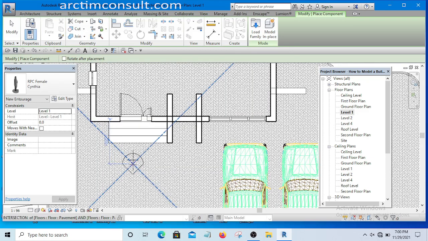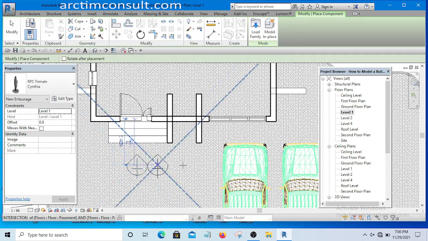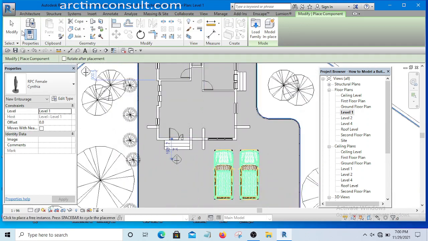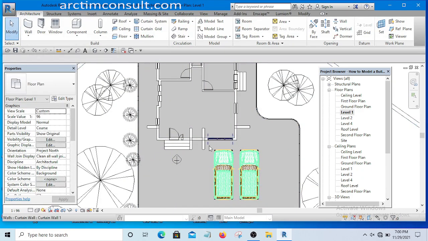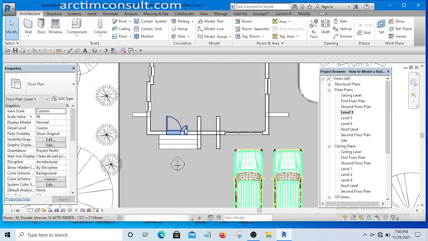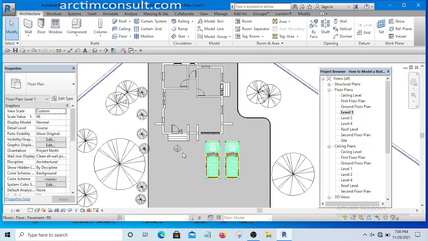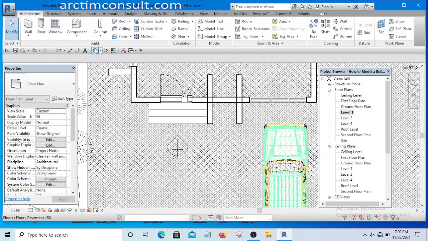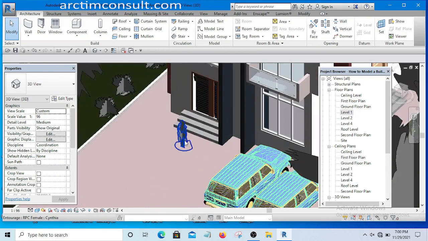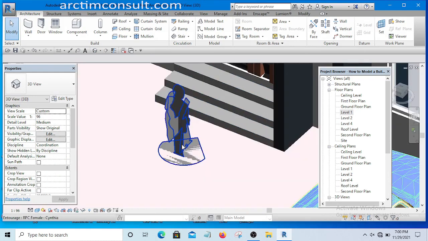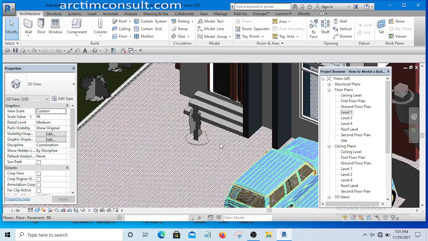Now if I press my space bar, it will rotate where the person will be facing. I want the person to be facing the step. Okay, now let me click on this arrow to exit from the command. Now if you look at it now, you can see that we have placed a human being, but